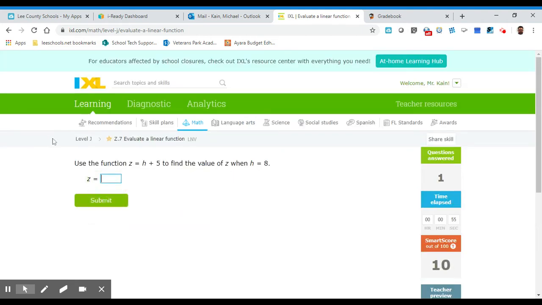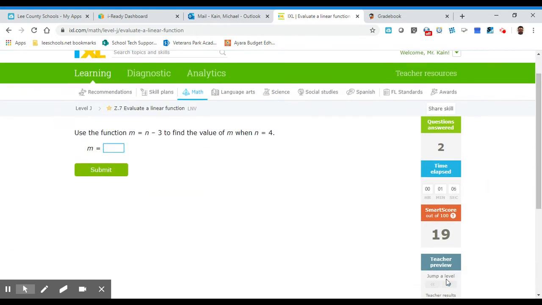Let's look at ones when they get a little bit harder. So if h is 8, 8 plus 5 is 13. Jump up a level here. Let's jump up to